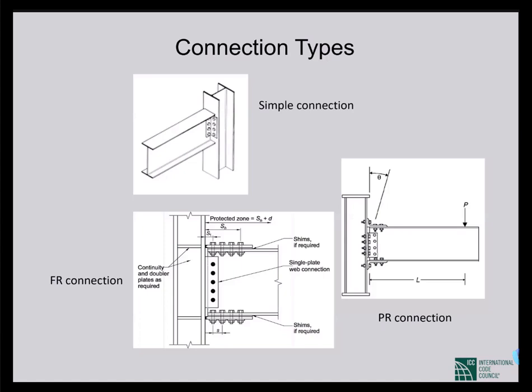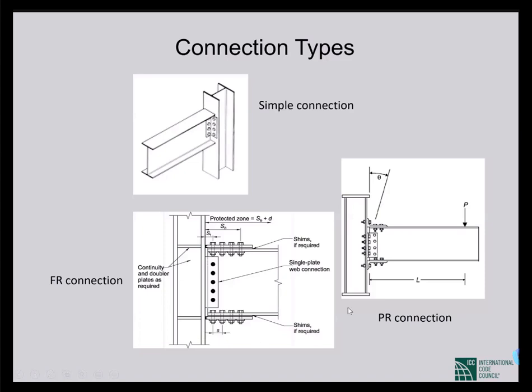In case of fully restrained connection, they are connected both at the web and at the flange. In fact, the beam flanges are welded to the column flanges and made rigid. And you see there are stiffeners along that line. So this is a typical detailing of fully restrained connection. All the flexural stresses that are produced due to moment in the flanges are transferred to the column.